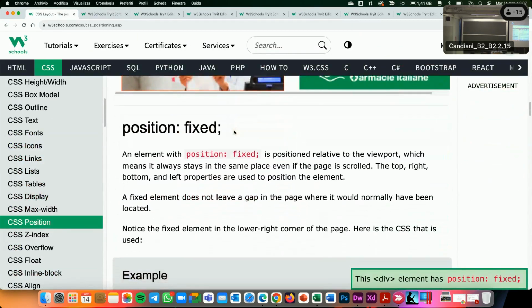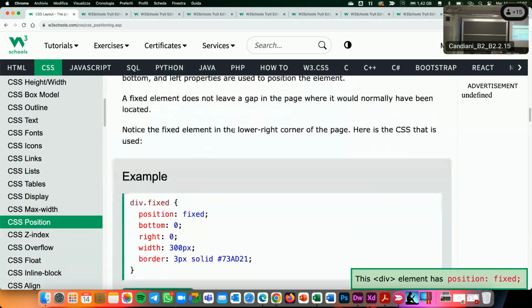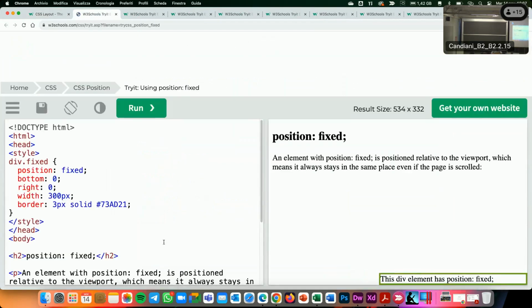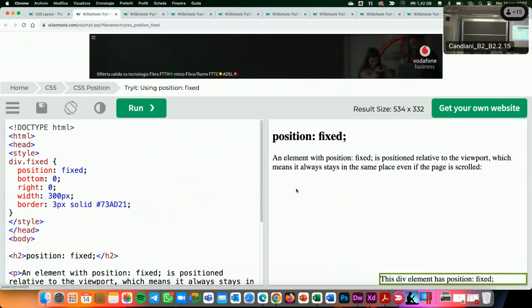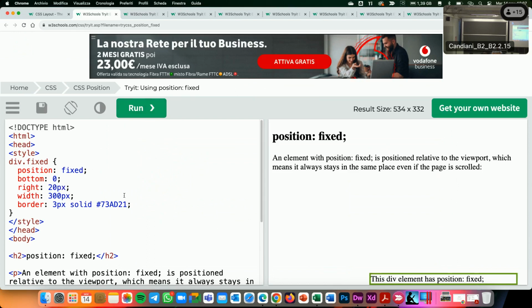Okay, let's go on. Then we have the position fixed that we already saw in the example. Let's try it. As you see, this element is at the bottom right hand side. This is fixed there. How? By setting, let's try this, 20. Yes. Okay, you see,